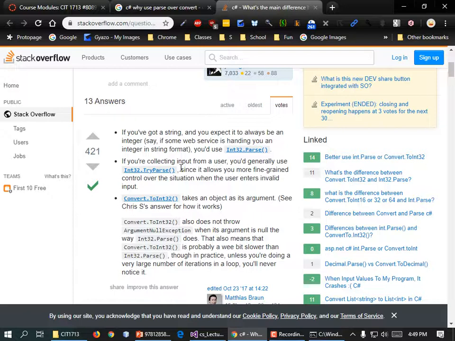If you've got a string and you expect it to be an integer, you'd use Int32.Parse. If you're collecting input from a user, you'd use TryParse. Yeah, see, that's what I argue, since it allows you more fine-grained control if the user enters invalid input. Convert.ToInt takes an object as its argument. Well, that argument can be a string, but it can be something else. I guess that's of interest. If we want to convert a double to a float, we could pass in